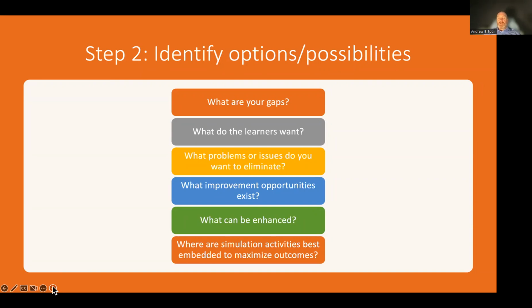And so we want to make sure we're continuing to engage our learners with those evolving desires, evolving needs that they have. You probably are going to have some problems or issues that you want to eliminate. Sometimes these are a little difficult to know because we don't always get the feedback that helps us identify those. But if you do a good hard look, you're going to see where you have some of those struggle points in your curriculum as it exists currently, where there might be a good opportunity to say, look, let's take this